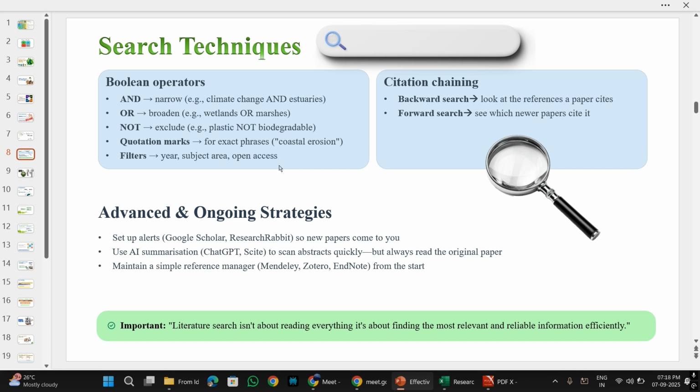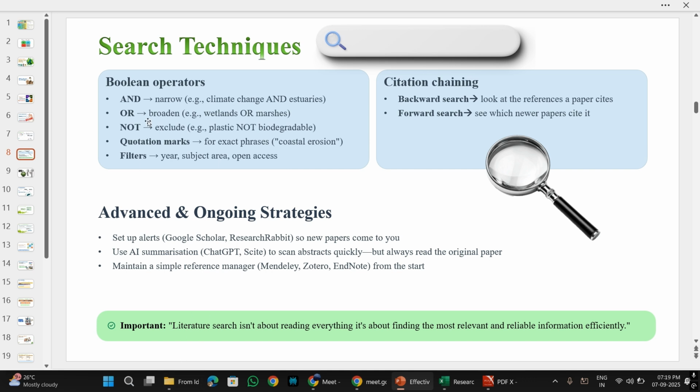Land use land cover, right? Anthropogenic pressure, also maybe urban sprawl, or what else, maybe nighttime light or something like that, right? So these are the things that I am able to think of. These are the keywords that I'm able to think of. So whenever we are searching for our literature, which has to be relevant, has to be significant, so that we will end up using it all throughout our research, you can use these Boolean operators like and.